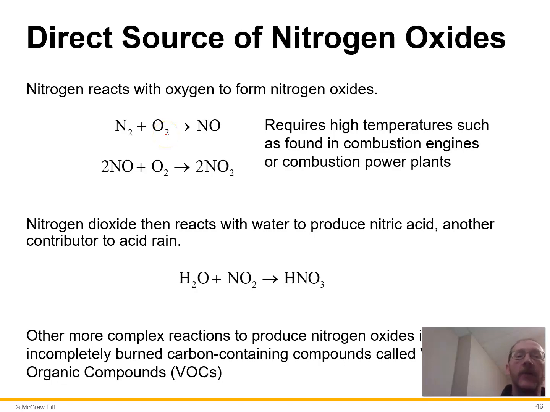And when that gets out into the atmosphere, it can react with oxygen to make nitrogen dioxide, and that can react with water to make nitric acid, which is also a strong acid, and it also contributes to acid rain. If you have a decent catalytic converter, then it can turn some of that stuff back into nitrogen and oxygen and reduce the nitrogen oxides emissions.